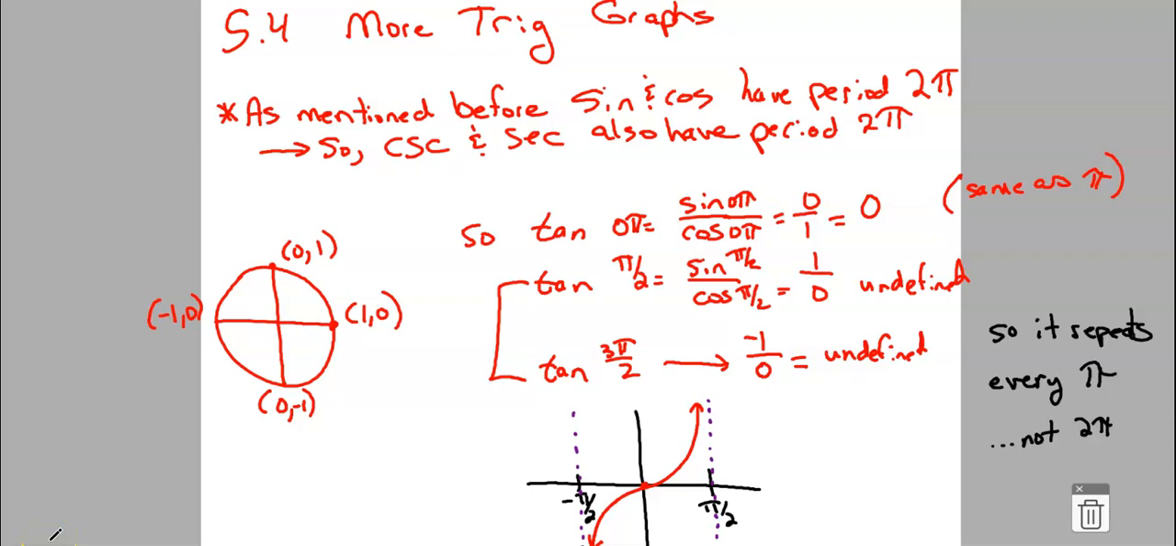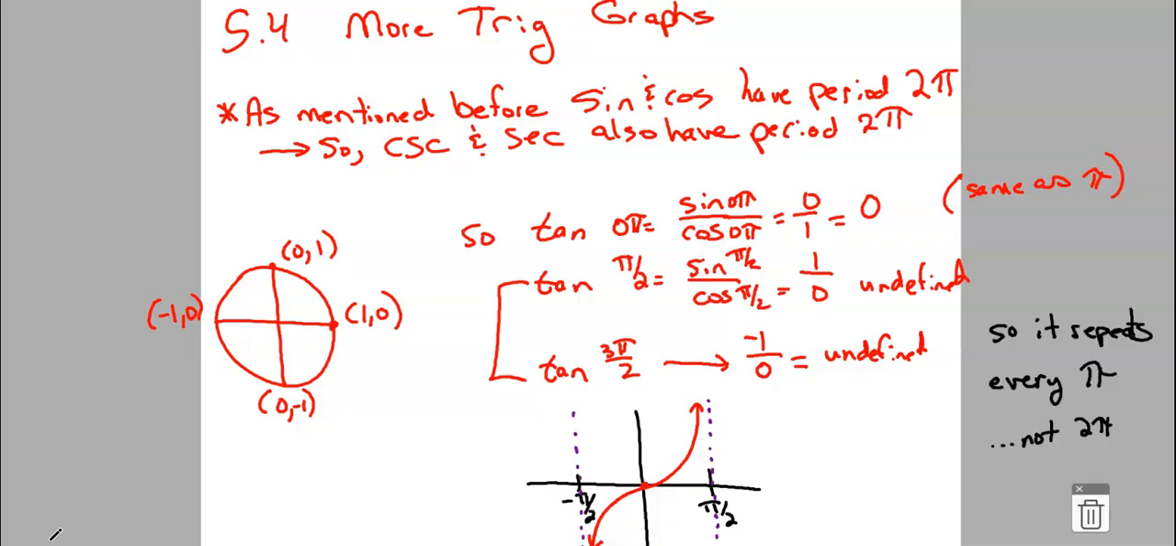This is 5.4. We're going to be graphing more trig functions, and we've already graphed sine and cosine. If you haven't watched 5.3 yet, go back and watch 5.3, how to graph sine and cosine functions. Now this is basically all the other trig functions. Once you know sine and cosine, as I've mentioned before, all the other trig functions are based off